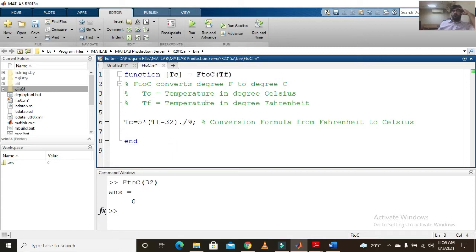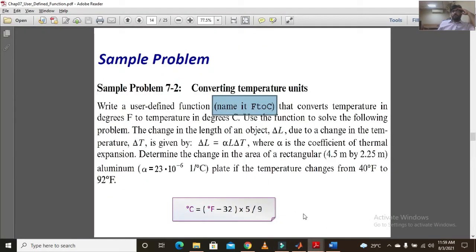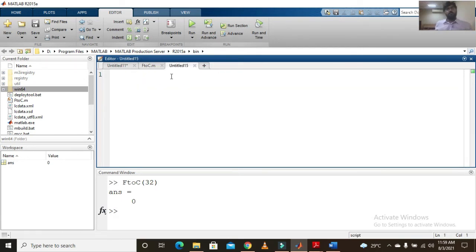Okay, now moving forward. Let's enter the data, whatever the data is given to us. So this is my function file. Now I am going to make my script file. You have to calculate the change in area of a rectangular plate in this question.